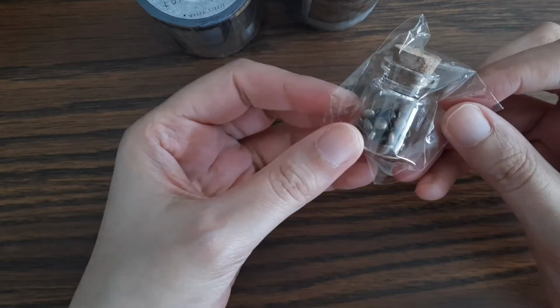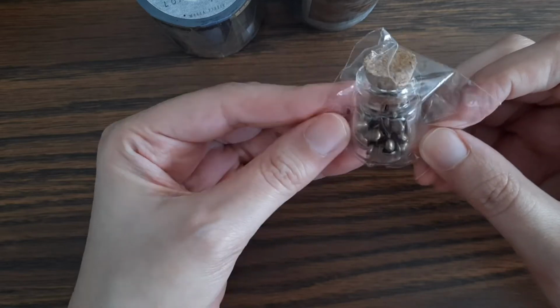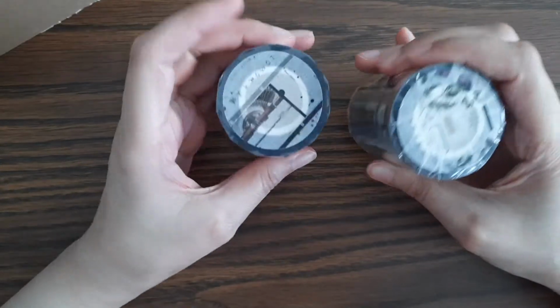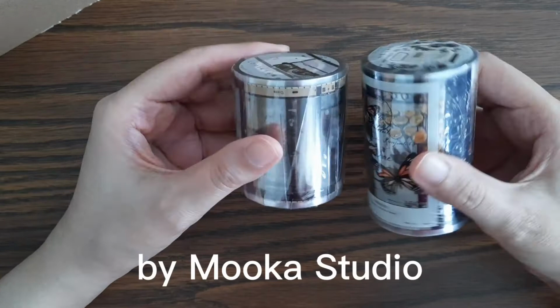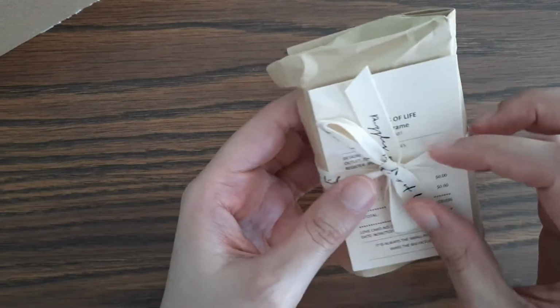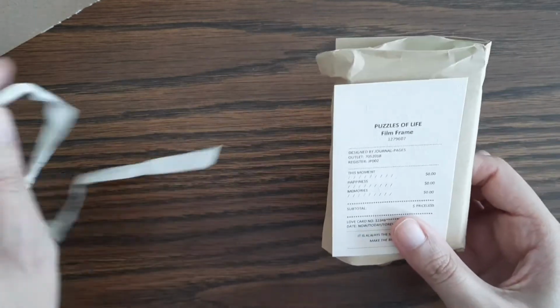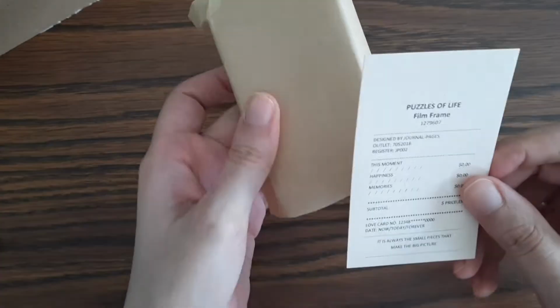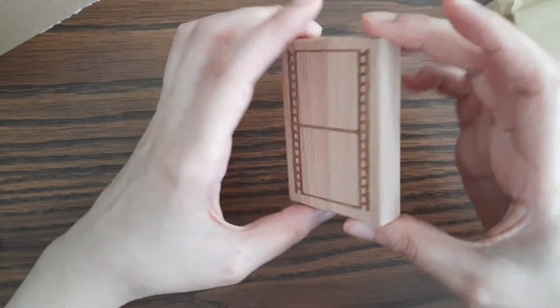These are Brad fasteners, I think they're called, where you can like fasten some paper together. They're basically two pet tapes. This, the Puzzles of Foam Frame. So it's basically,